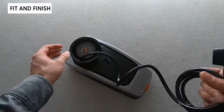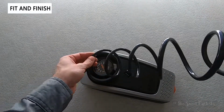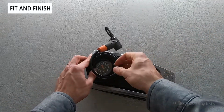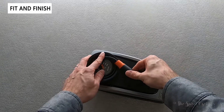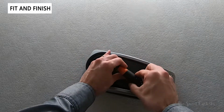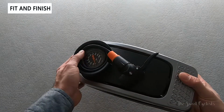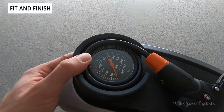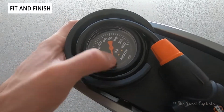What's also nice is you have this integrated hose storage system. So you can see it simply wraps around and you just kind of nudge it in place and it goes around the gauge, and then use a little plastic tab, position it on the hole and then pop it in. The gauge itself is analog, pretty easy to read with PSI written on the face. It goes 0 to 100